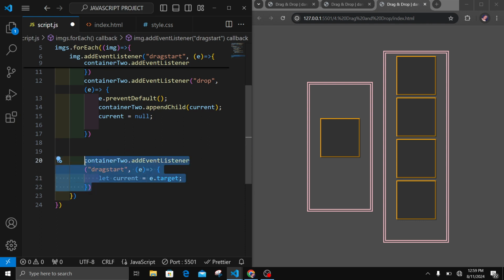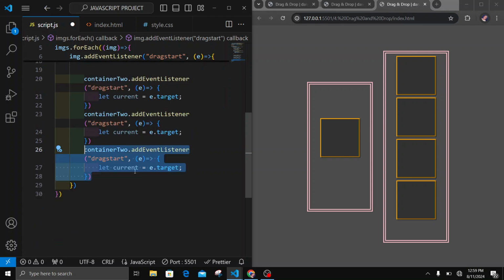And now let's bring this down one time. Okay, yeah. And for this time we'll target the first container, and here we also target the first container. Now all we want to do is